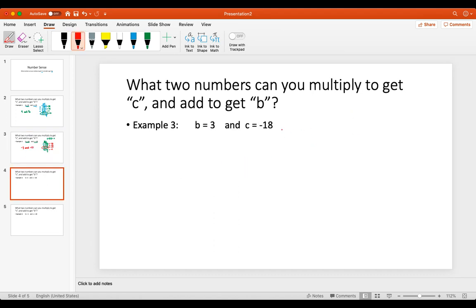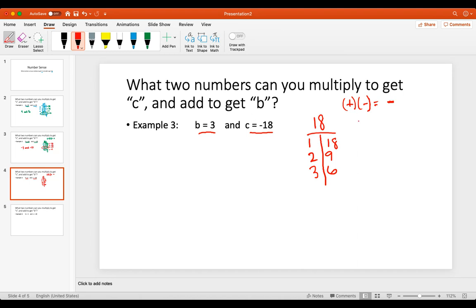For my next example, what two numbers can I multiply to get negative 18 that add to get 3? So I know that they need to multiply to get 18. I'll worry about the negative in a second. So I've got 1 and 18, 2 and 9, 3 and 6, 4 doesn't go, 5 doesn't go, 6 is the next number I come to, and it's already over here, so I can stop. Well, this time, it multiplies to get a negative. Well, I know that a positive times a negative